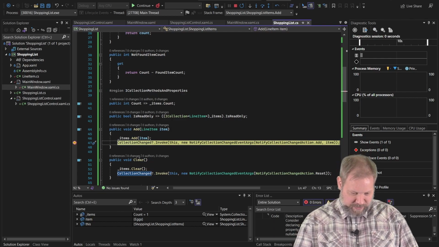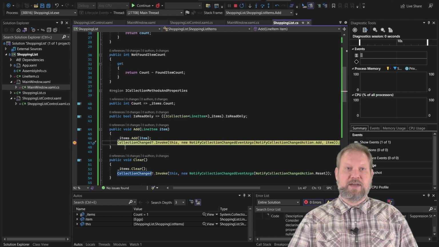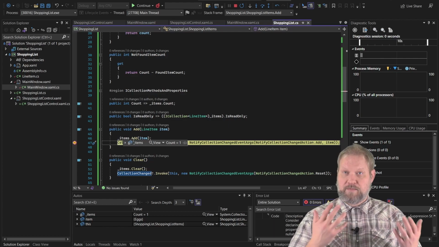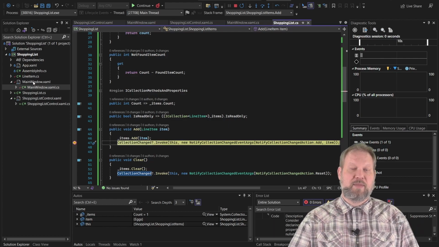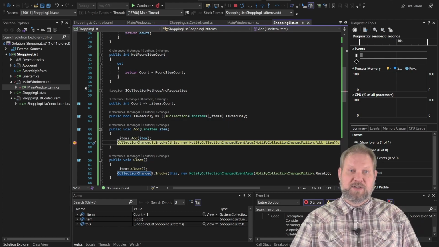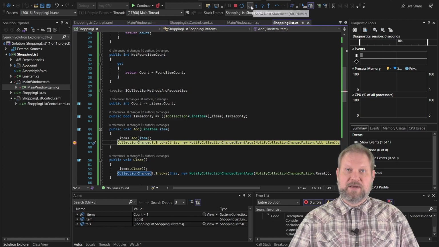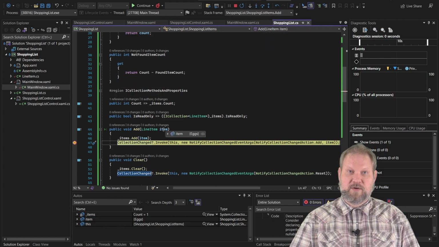So right there, we're already hitting that event handler because we added an item right at the beginning. If you remember in the main window, we add that very first item. Let's step in and see. In fact, we can even hover over this item and see that it's the eggs that we added to start with. So if we step into,